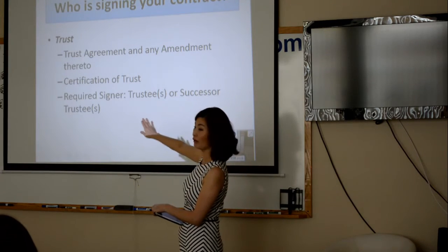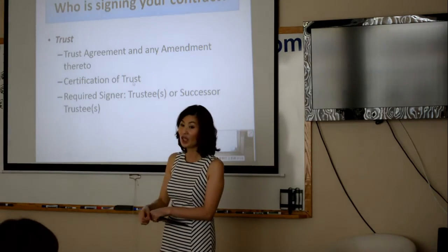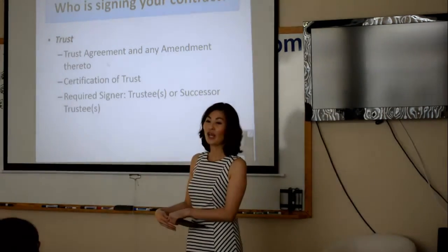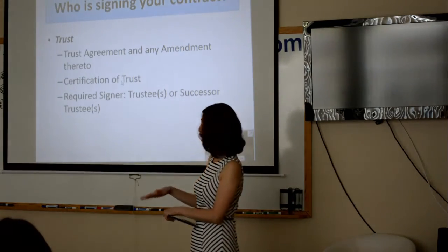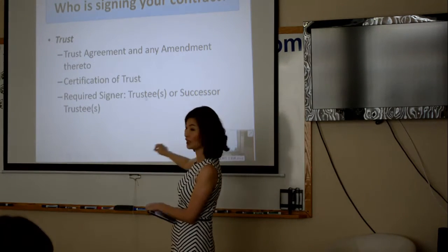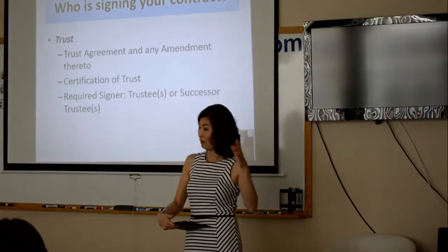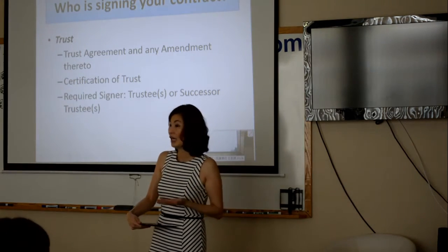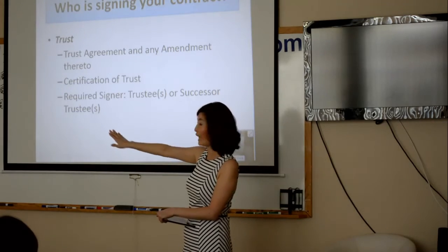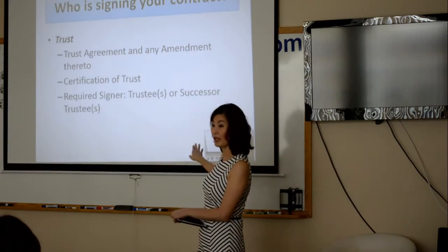And they will need to also provide a certification of trust. But in the documents, what you will find is it will tell you exactly who should be the signers. Many people create a family trust, and while they are still alive, it is themselves who's going to sign, because they created the trust. They are the current trustees of the trust. But sometimes, if you're dealing with a person whose property was left to them by their parents or something, then you need to look at the trust agreement, and it will tell you who will be the successor trustee, and that's who you want to make sure you got